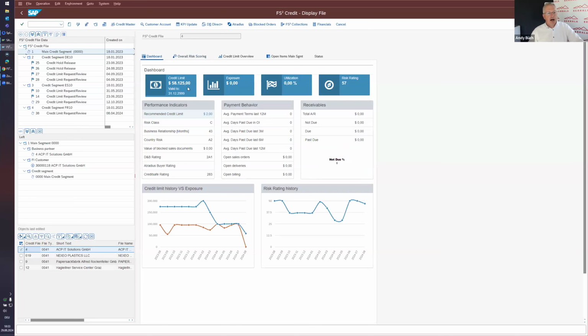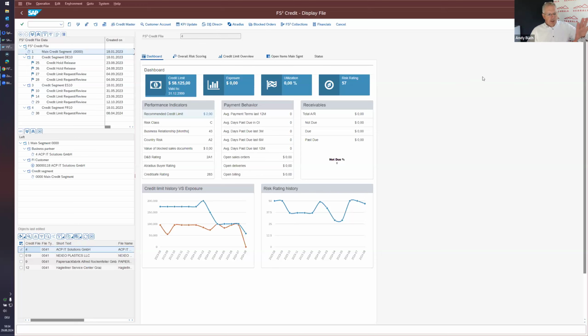But here as well, if you need a higher limit, you might ask for a credit limit request, for a credit limit increase. But DNB's data is used there as well to make sure that you can't exceed a specific amount, or if it is a new customer, that the initial credit limit will be derived from DNB's credit limit recommendation amount, sorry, or the score. So that's something we do according to your credit policy. So your credit policy actually is mirrored into our FS2 credit solution to make sure that you are absolutely compliant in a risk manner.